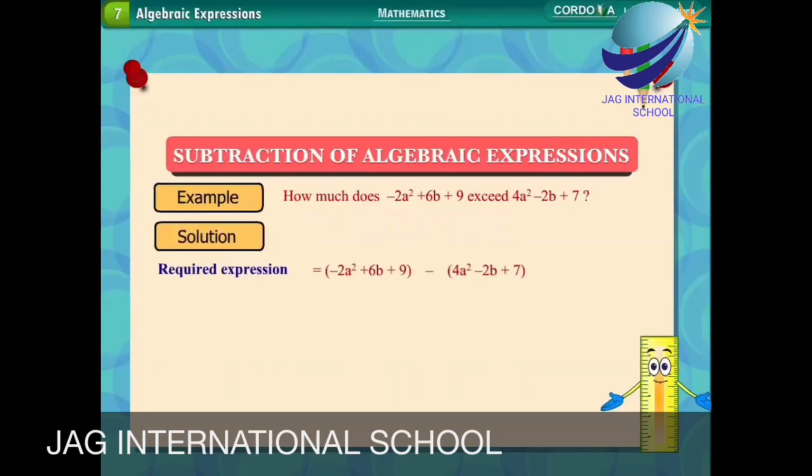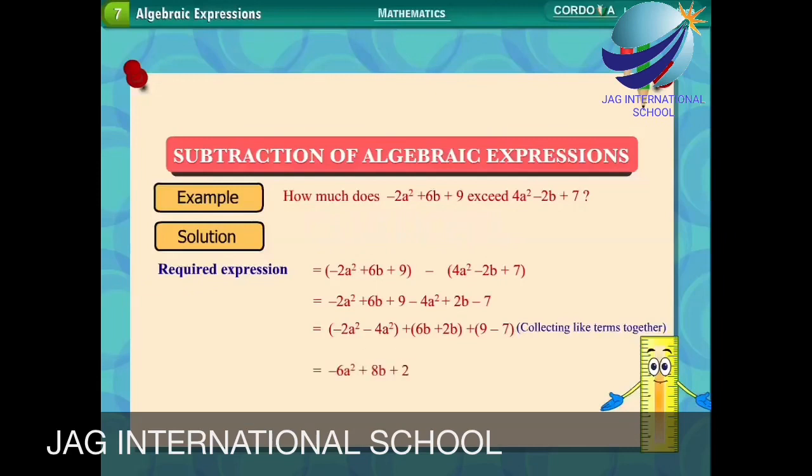Solution: required expression is equal to minus 2a squared plus 6b plus 9 minus (4a squared minus 2b plus 7), which is equal to minus 2a squared plus 6b plus 9 minus 4a squared plus 2b minus 7, which is equal to minus 2a squared minus 4a squared plus 6b plus 2b plus 9 minus 7, collecting like terms together, which is equal to minus 6a squared plus 8b plus